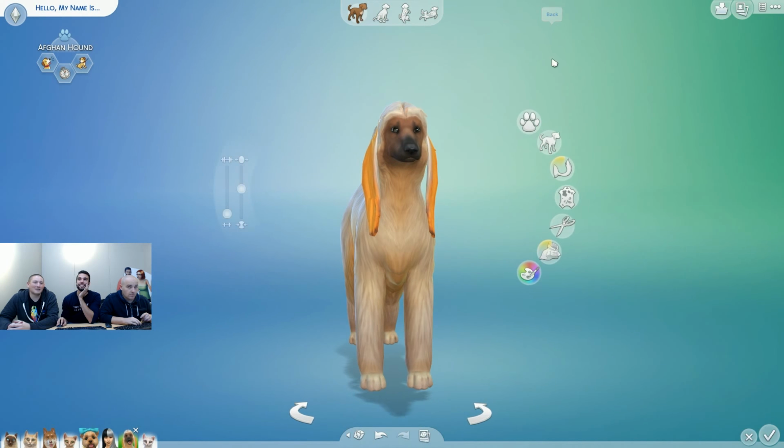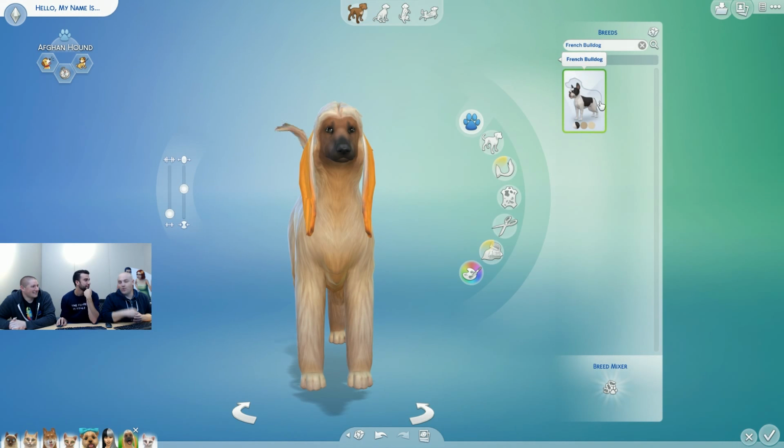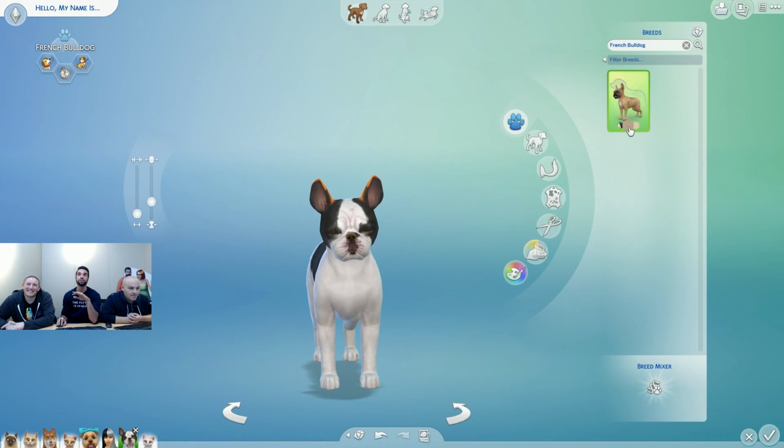Perfect. Done. Do your ears. All right. On to the Boston Terrier. Different colors? No. French Bulldog, sir. I'm sorry, Frenchies. Do you know what they call a French Bulldog in France? A Bulldog. Oui. So these are just the breed presets, but of course these are not the